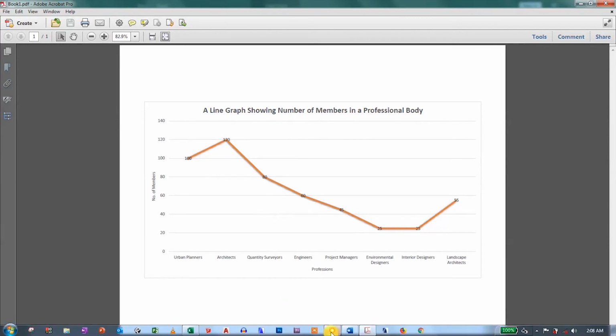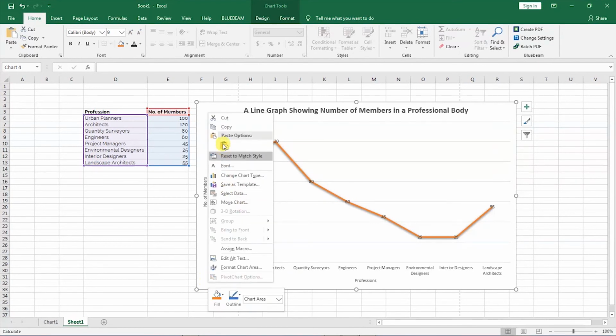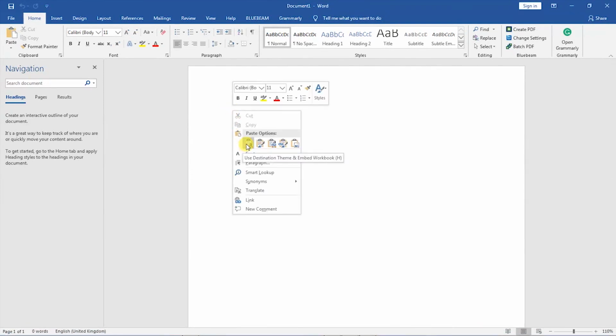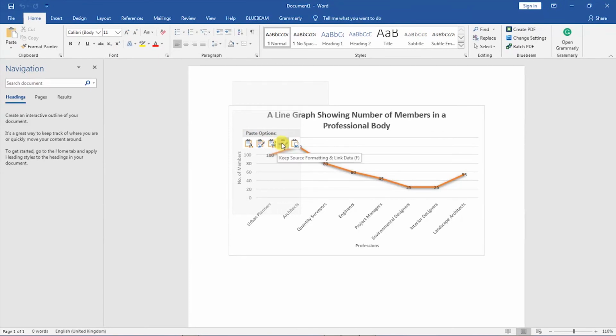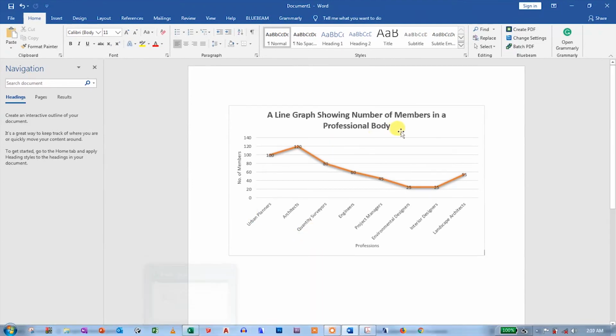We can go back to our Excel file, and one thing I want to show you before we end this line graph tutorial is that you can also copy this graph from Excel and paste it in your Word document. Just click to select the graph, right click and select option number 2, which is copy, and go to your Word document and right click inside, and you have a wide range of options. The paste options, you have I think 5. You can choose among those the ones you want to use, but I like using the paste option that keeps the source formatting and the data link, because I want, when I make any changes in my Excel, those changes to be reflected in my